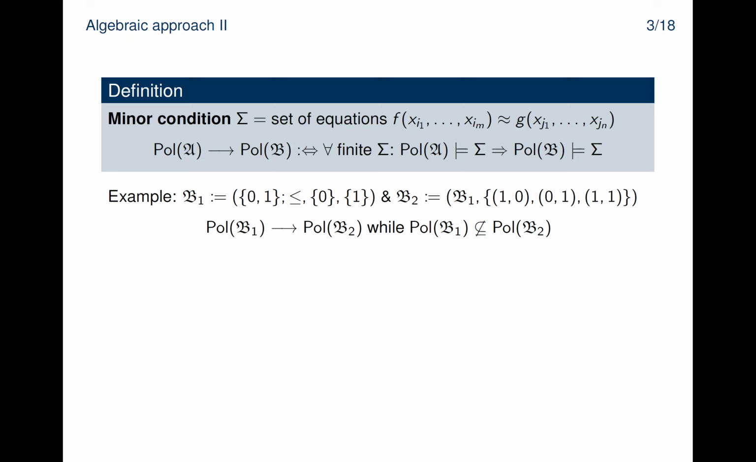And so this can be seen, for example, if we take the minimum operation, it's a polymorphism of the structure B1, but it's not a polymorphism of the structure B2. But now, just to give a concrete example of a minor condition that is satisfied in the polymorphisms of B1, we could take commutativity, for example, which is witnessed by the minimum operation. Then this commutativity condition also has to be satisfied in the polymorphisms of B2, regardless of the fact that the minimum operation is not a polymorphism. So